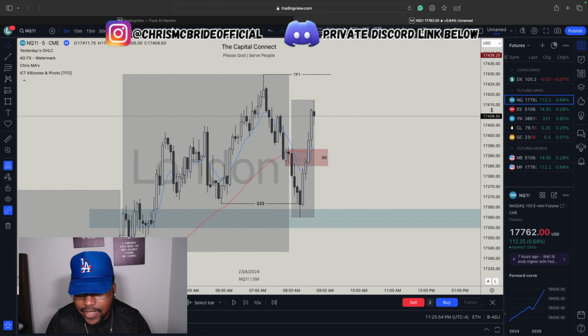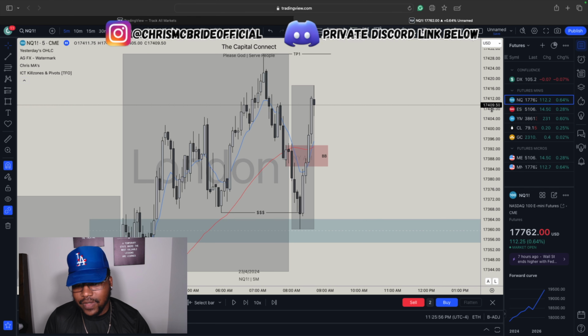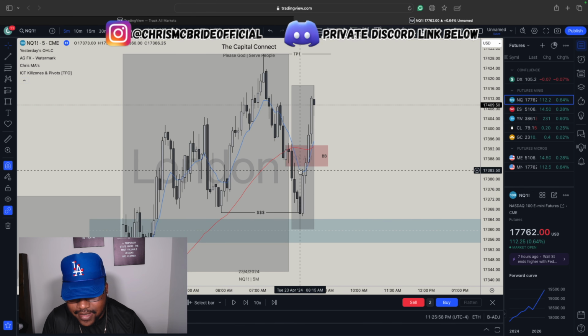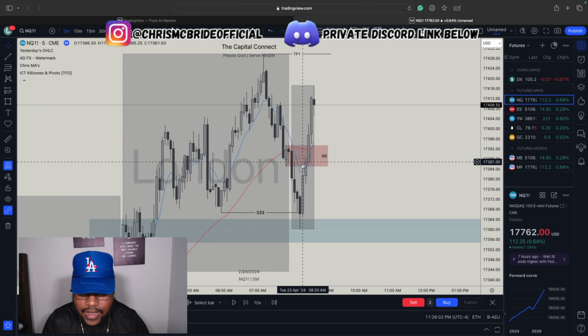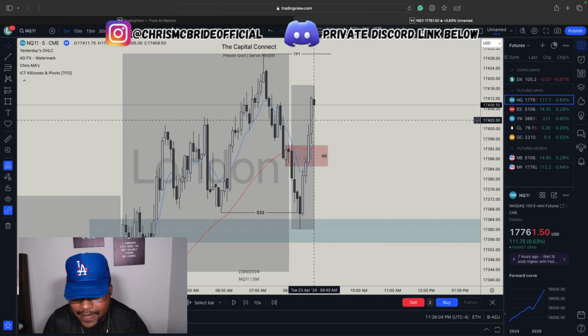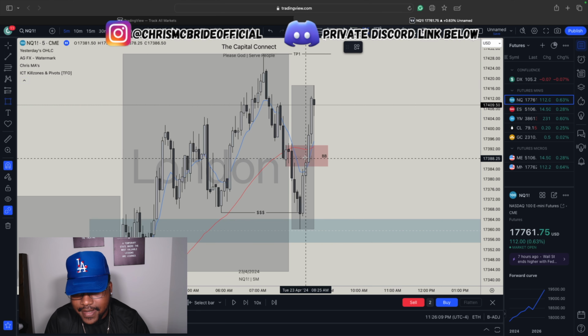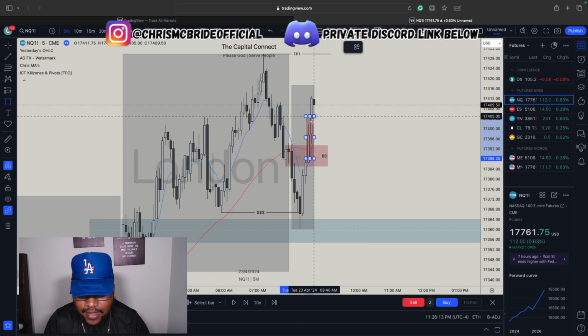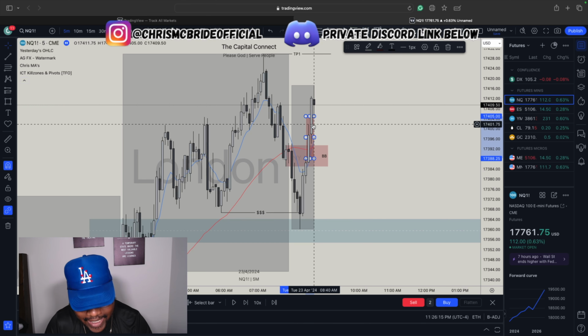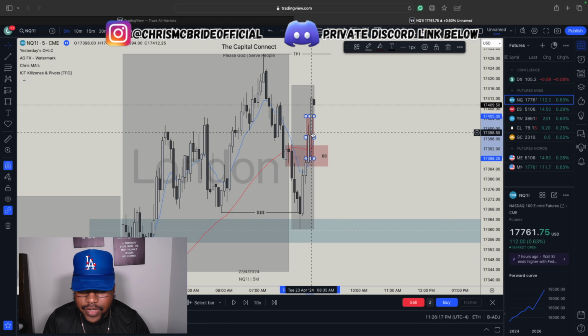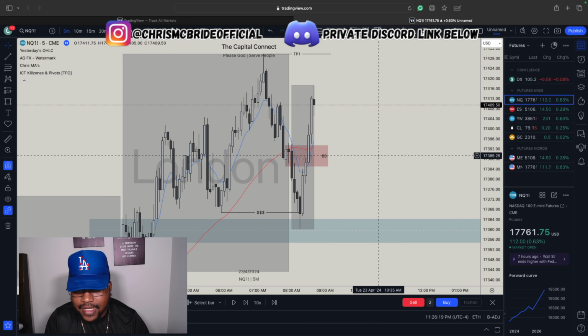Now, this is a scenario in which you would have to play it a little bit differently, right? Because as you guys can see, not only do we have 2 fair value gaps that overlap with the breaker, but then we also got this fair value gap sitting way up here. In this scenario, guys, this is totally up to you, but in my back testing, you can do this and it is safe most of the time. Obviously nothing is 100%, but when you have 2 back-to-back fair value gaps like this,